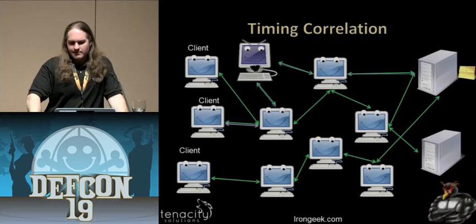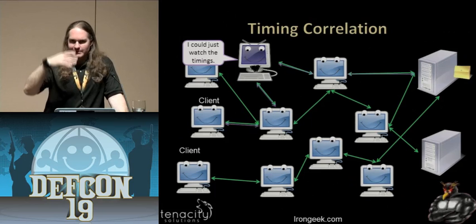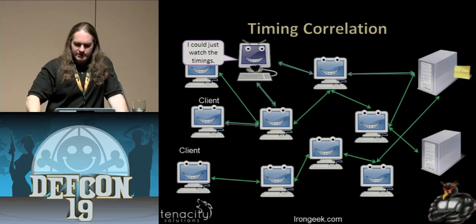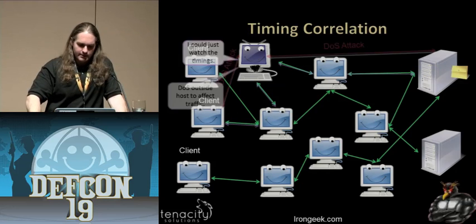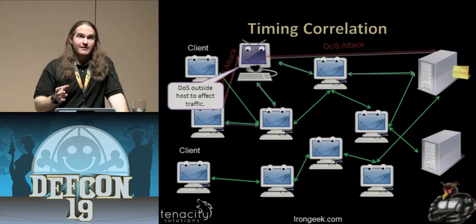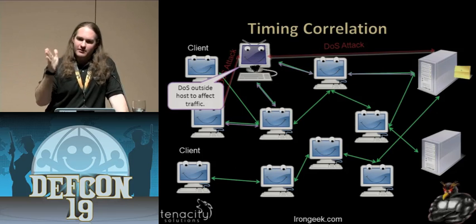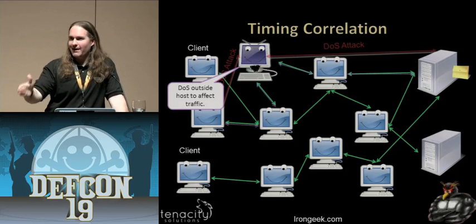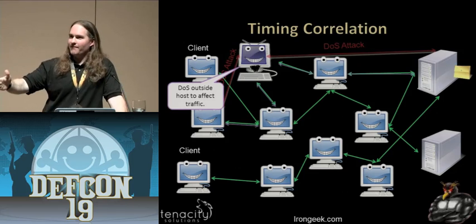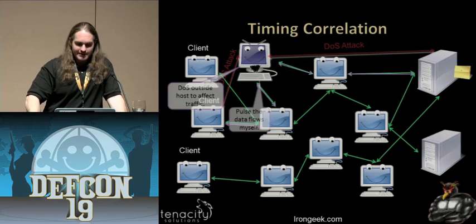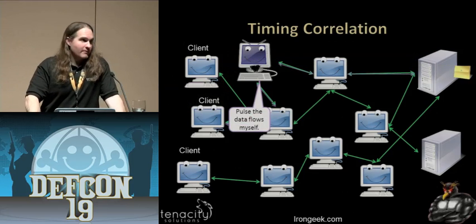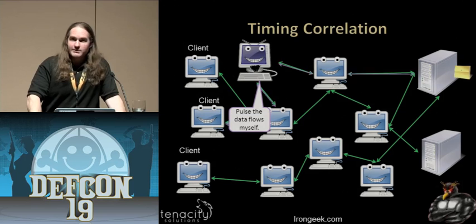Another example might be timing correlations. Like I was saying, there was that whole delay between exchanges between different nodes in the darknet. They could also do things like DDoS nodes they know are in the path and try to cause a certain pattern in that timing by overloading a server and making it delay other packets, so they can impose the timing themselves. If they happen to be in the path, they can try to pulse the data flow and tag it via timing,